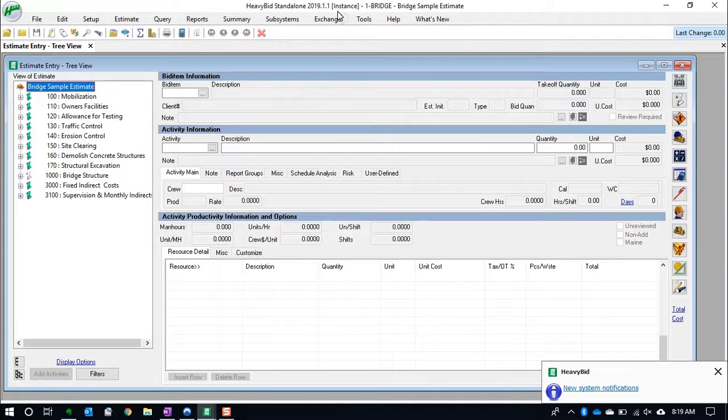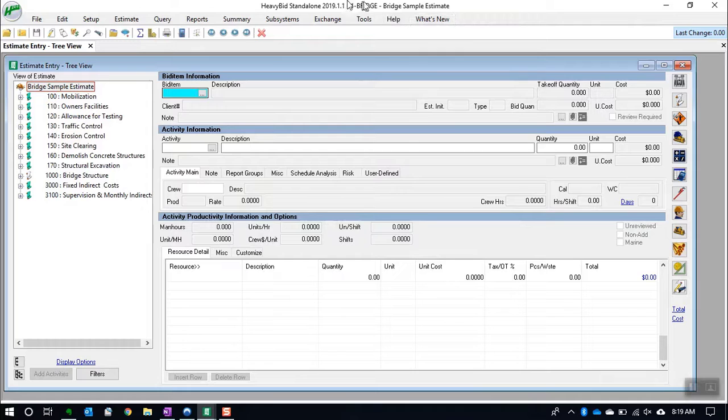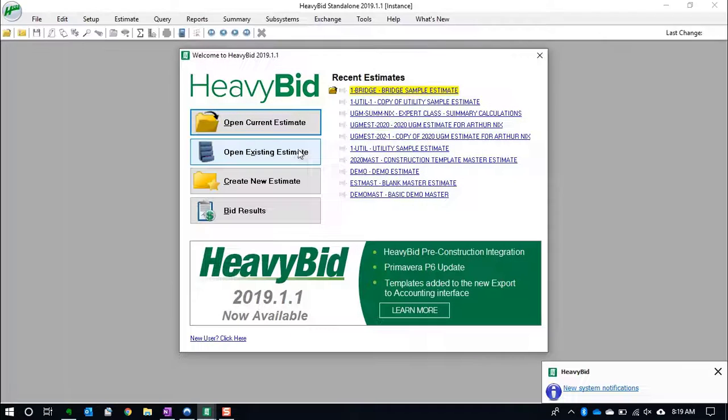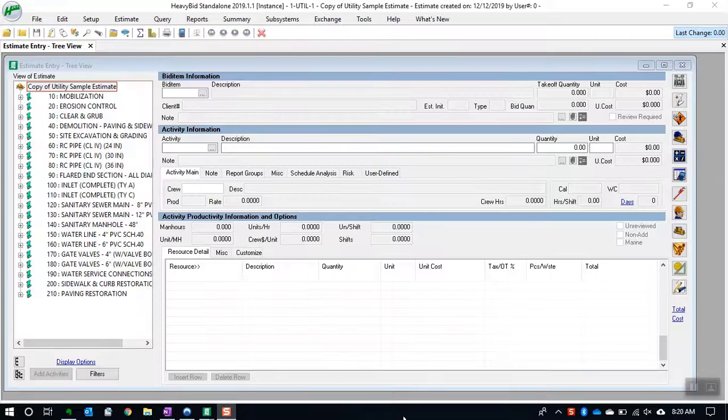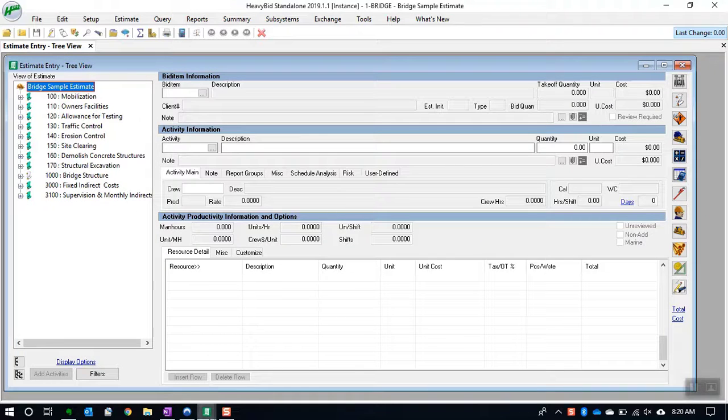You can see at the top I have instance, and then I actually have to open up the next instance out of the primary estimate, the non-instance estimate. So I go up here, open new instance, and I'm going to get that estimate. So now I have three estimates. I can toggle back and forth between the estimates here at the bottom by just hovering, which is not too bad,